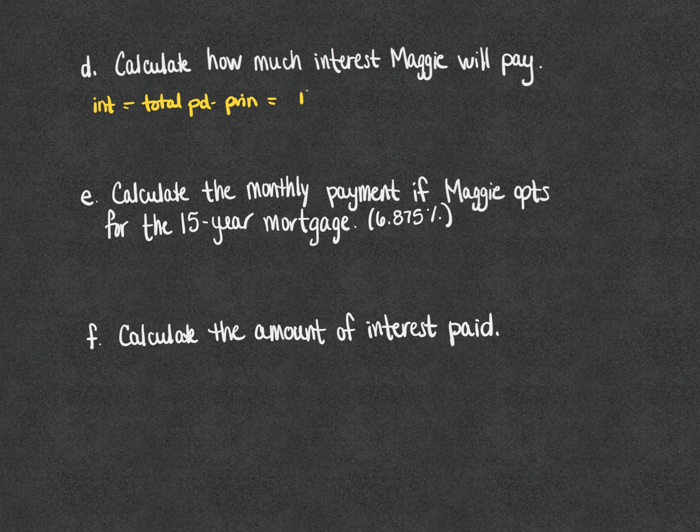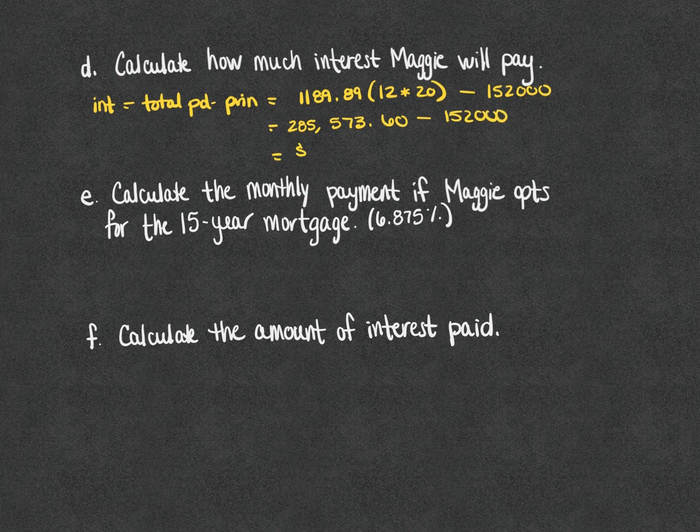So the total paid is $1,189.89 every month for 20 years, and she borrowed $152,000. Multiplying that together, we get $285,573.60. When we subtract the $152,000 that was borrowed, we find that Maggie paid